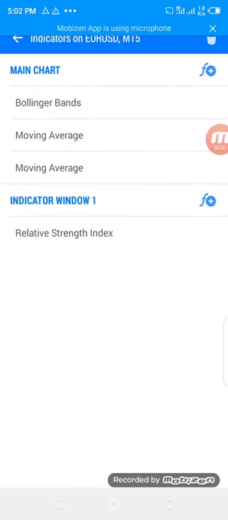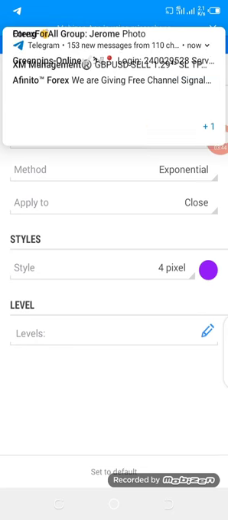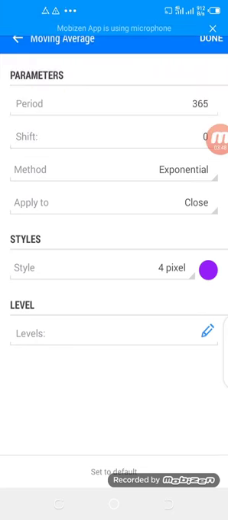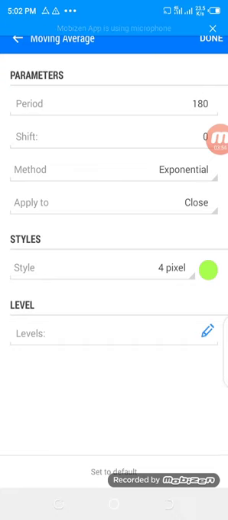Then I have two moving averages. You can use 200, you can use 50, or you use your own. Here is 365. I'm the one that inserted the 365. What I use mostly is 250. This is 365. I just decided to test the 365.